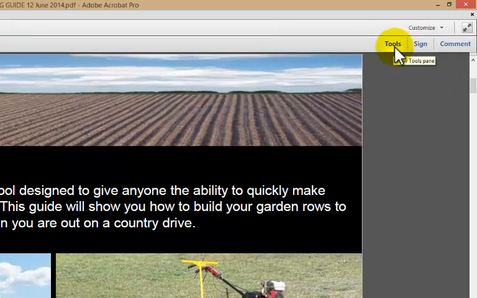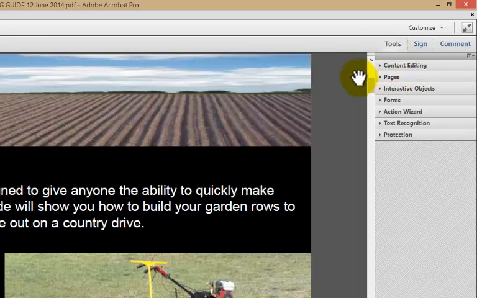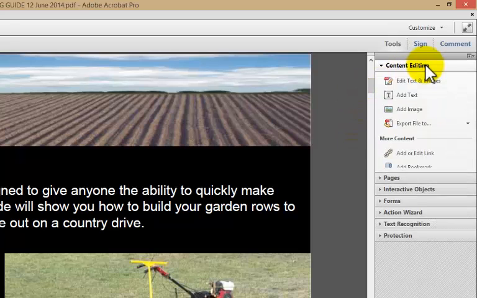Now, over here on the right of your Acrobat screen, you'll see three different panels that can be opened: Tools, Sign, and Comment. We're going to begin by looking at the Tools panel. Within that, you've got Content Editing, Pages, Interactive Objects, Forms, Action Wizard, Text Recognition, and Protection. We're going to look at a number of these over the next few videos, but we're going to start today